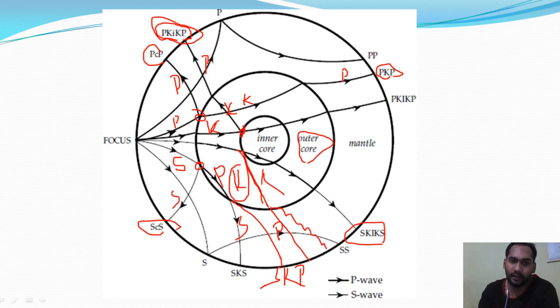S in mantle, then in outer core it will be named as K. It is reflected from outer core inner core boundary, so small i, then again traveled in outer core, that will be K, because S cannot travel in outer core, that will be P, so that is K. Then while coming out from outer core to mantle, it can travel as P or as S. So similarly we can name it as S, K, small i, K, P, or S, K, small i, K, S. There is another diagram, I will show you these symbols there, right? S, K, i, K, P and S, K, i, K, S.